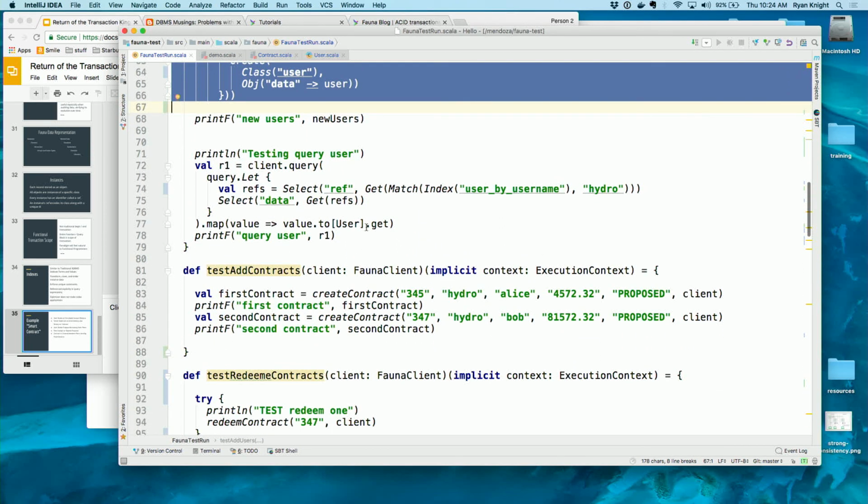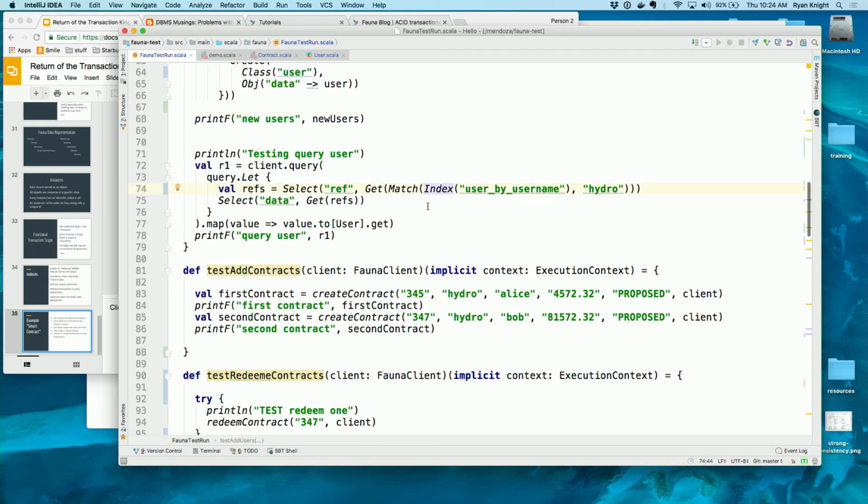So in a similar way, I can get the data back out. Here's an example of using that index. I index by user, by the user table, by username. If I want to read a user out of the database, for example if I want to find the user Hydro, what I'm saying here is I want to get something out of the database and match on the index. The index I want to use is the user by username, and the value I want to match is Hydro. So I'm basically getting the ref back out of that data. Here I'm saying basically select. By default, what I'm getting back is just a reference to that object. So I don't get back the actual data. I'm just getting back a ref.